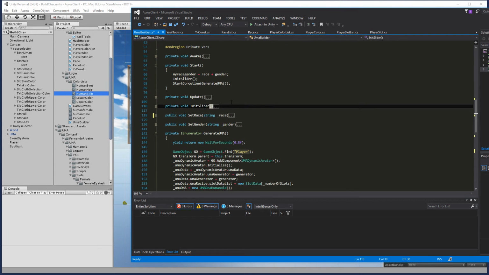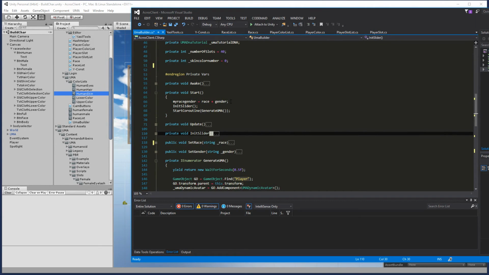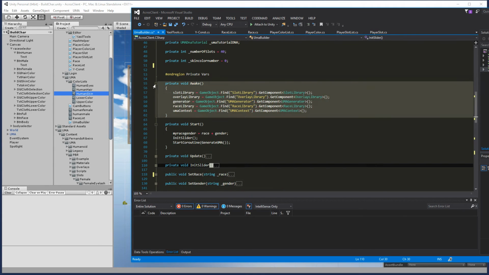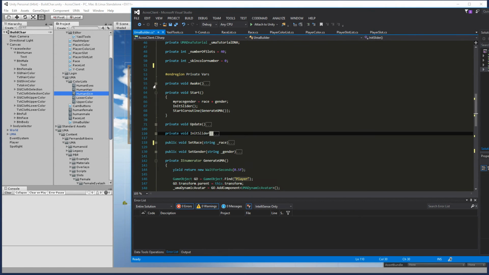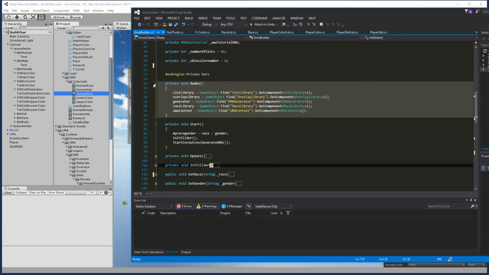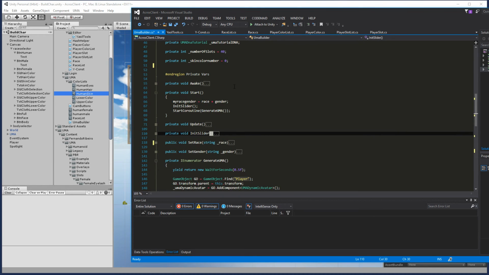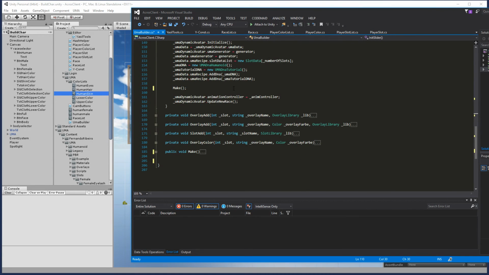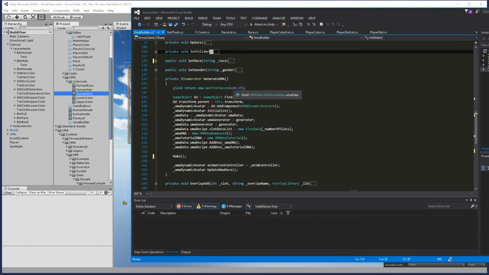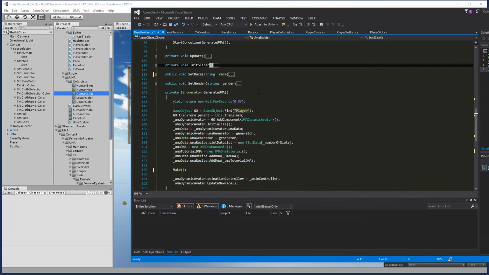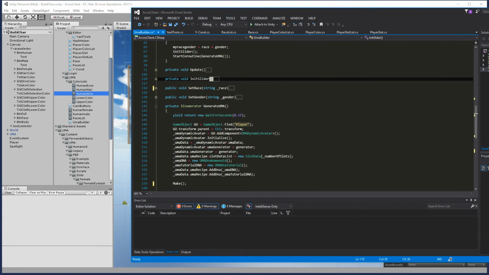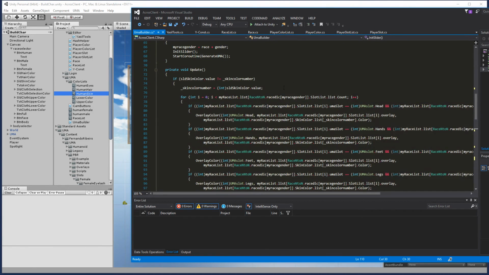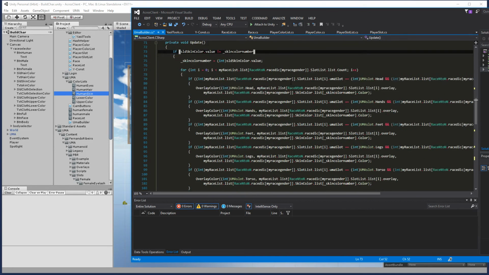Okay, we got that in Awake. We got that already, I hope you did. And after that we just need the Update function. So in the Update function